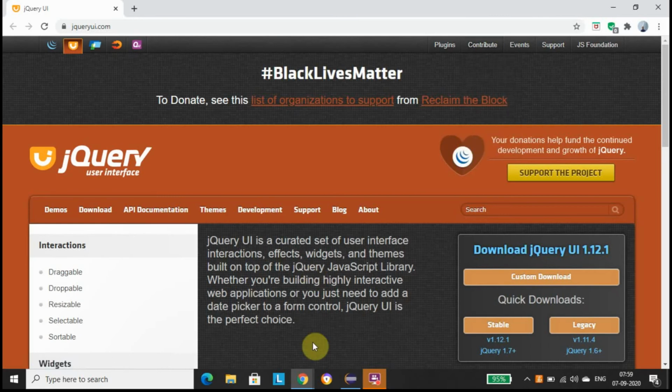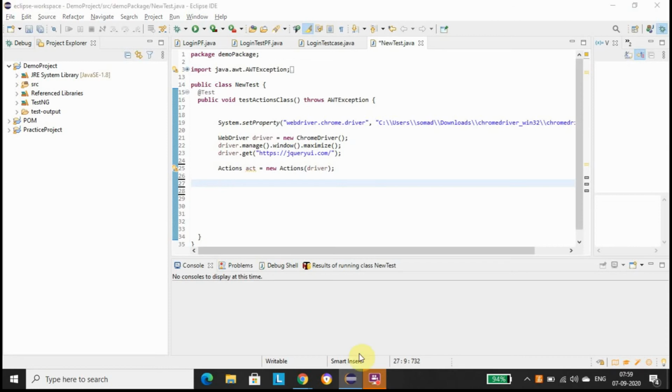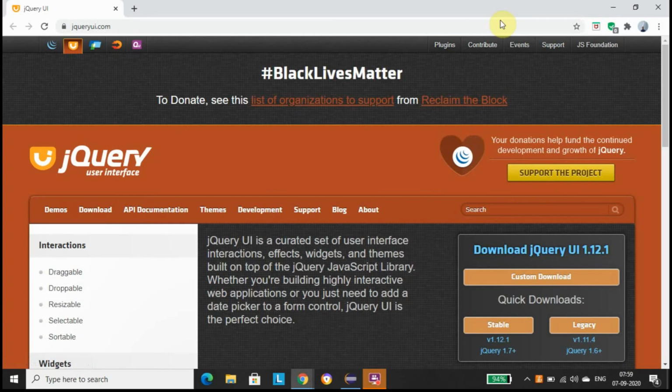We have to perform it using the Actions class. So Actions, new Actions, and we have to provide the driver here. Then we have to move our cursor to that particular menu Contribute.